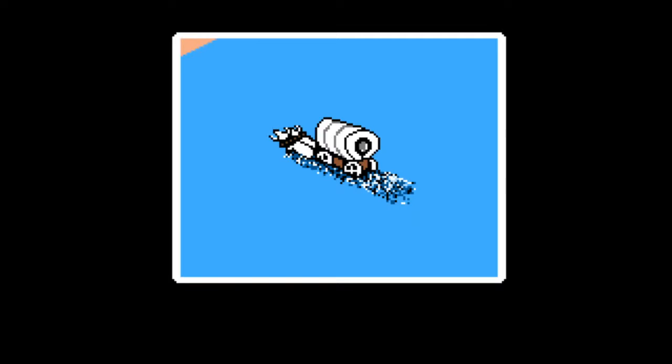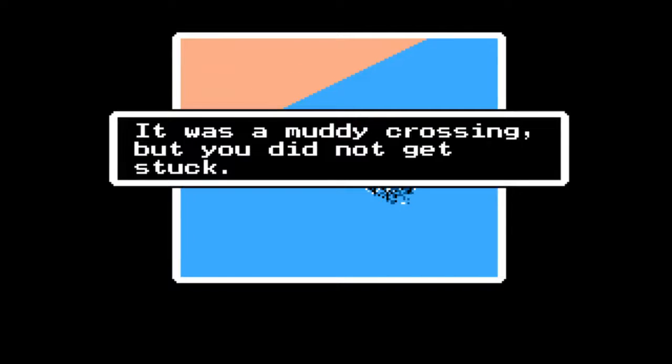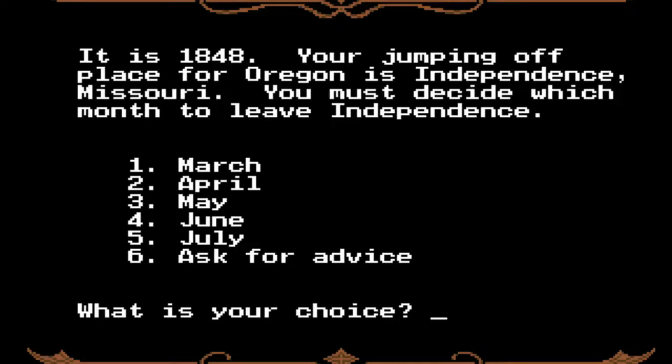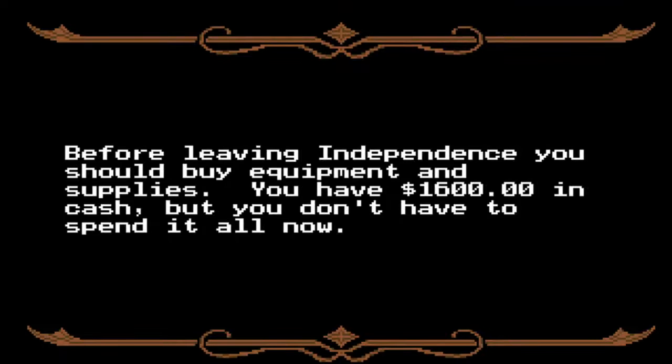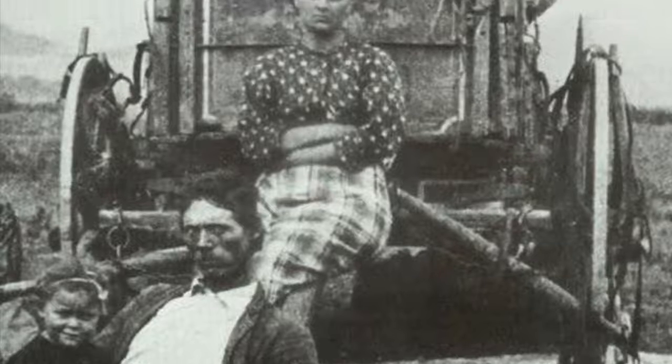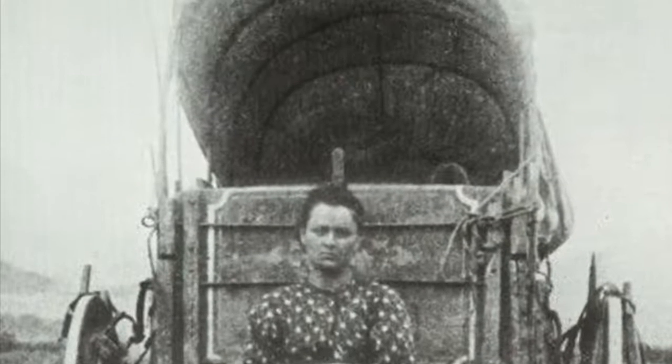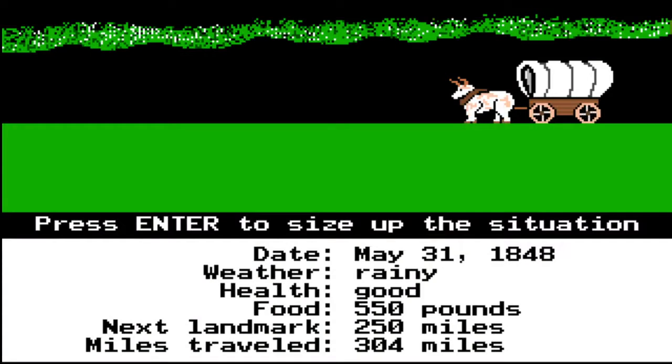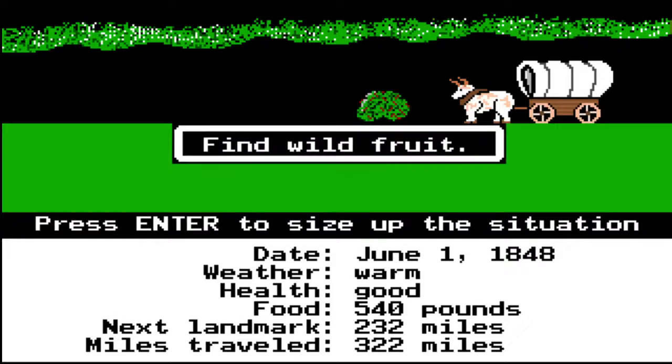After you choose your profession, your next big decision in the game is when to start your adventure. You have the choice of leaving as early as March or as late as July. Leave too early, the game warns you, and you'll run out of provisions. Leave too late, and you'll be subjected to harsh winters that could wipe out your entire party. And all of this was very true, which is why most settlers began their cross-country adventure between April and early May, which, pro tip, is about when you should start your adventure in the game.